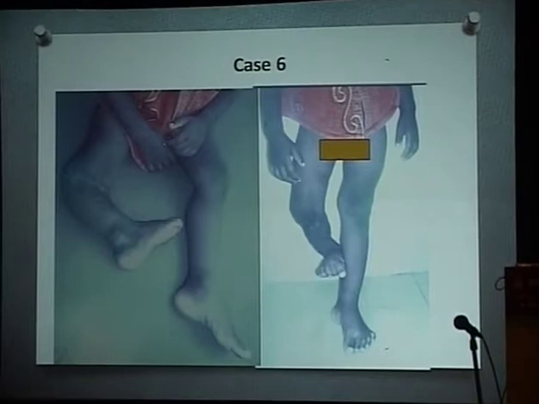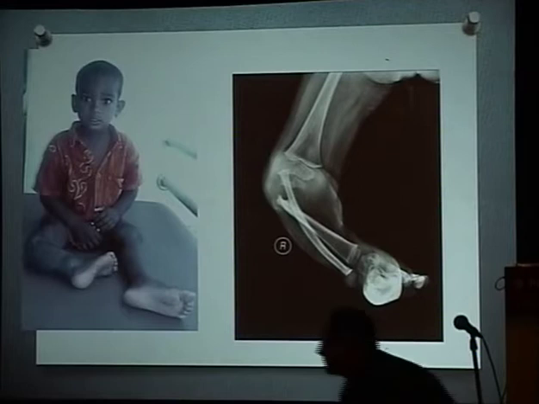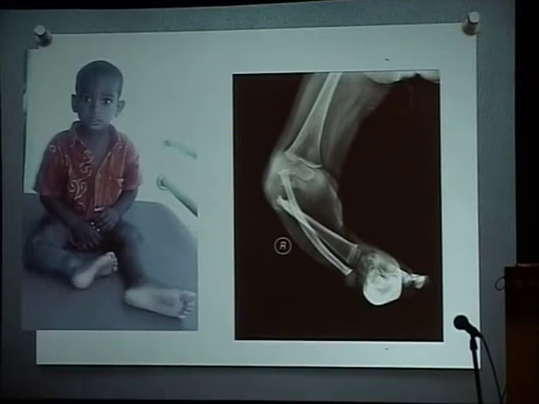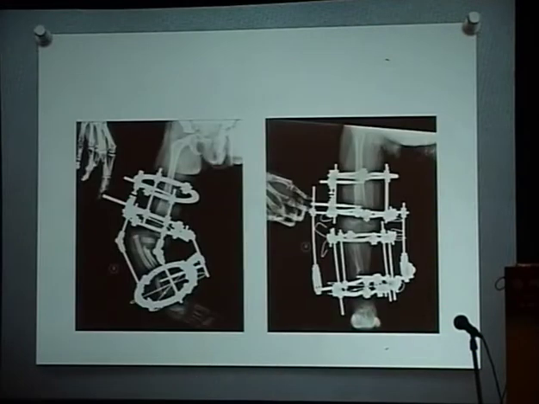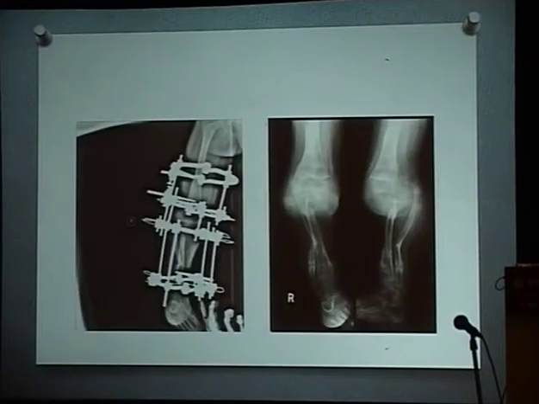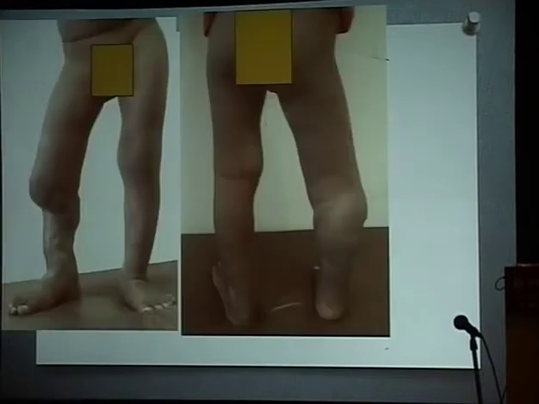Well, in our country, osteomyelitis is again rampant, and we see a lot of deformities following osteomyelitis. This kid had acute osteomyelitis when he was a few months old. Now you can see there is severe scarring on the medial side and severe genu varum. That's his X-ray. In these kids, actually, Ilizarov comes in handy. I stretched out all the soft tissue structures on the medial side, and then added a tibial ring in that small fragment. And now he's at least walking on his two limbs.